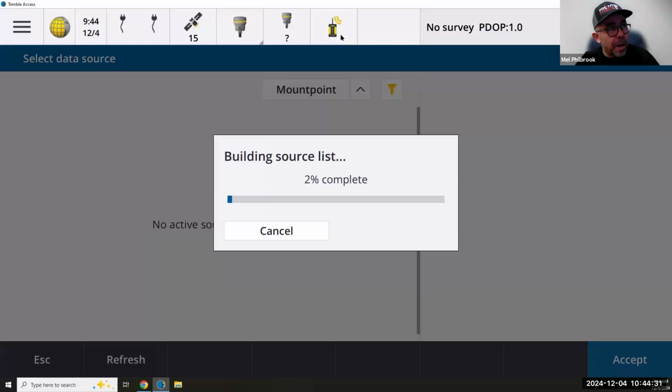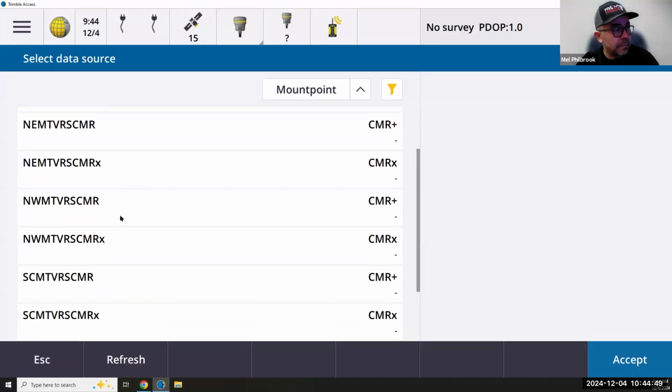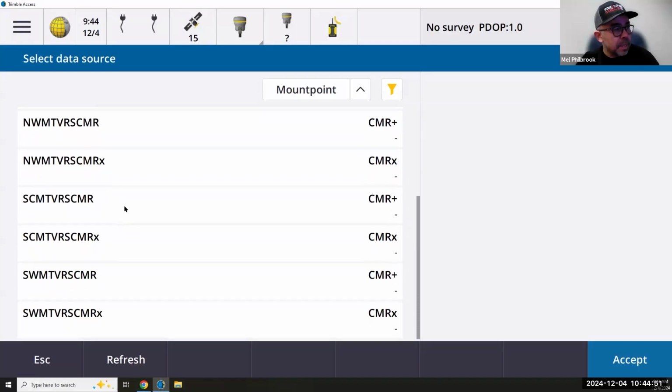This radio is going to go away. It's going to get a globe. The globe spinning will say that it's getting internet. And now, because my survey style was set for VRS, you notice that my mounts are only VRS. And then to slow down here, remember,